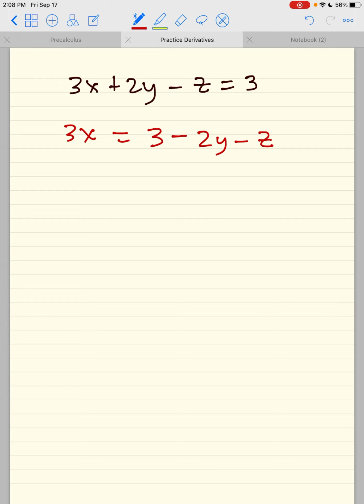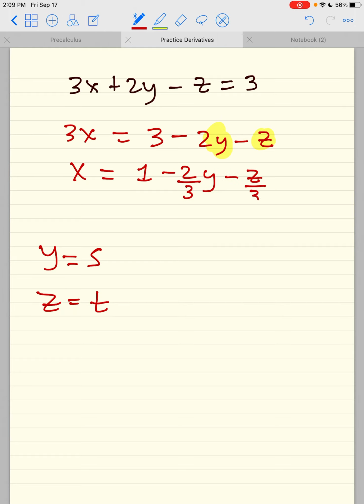You're going to make y and z, I hope that makes sense, both of them free variables. So we're going to make, let's say, y we can call s, and z we can call t. And therefore, x can be represented, basically if I divide by 3,